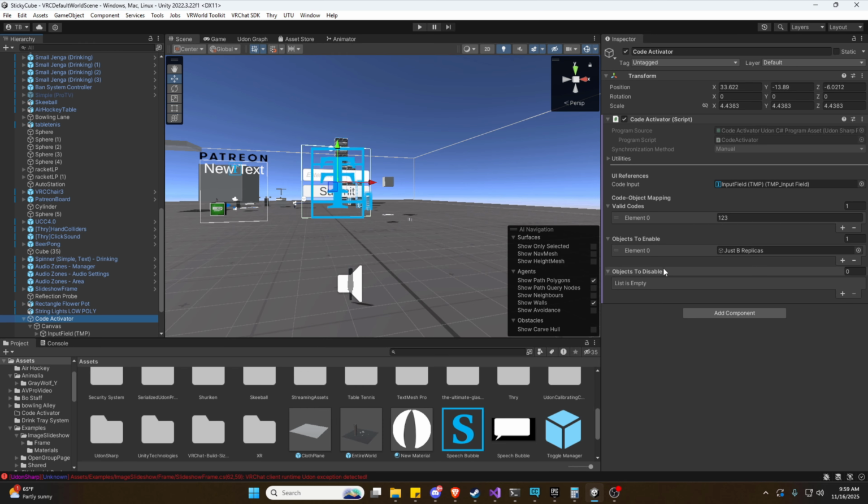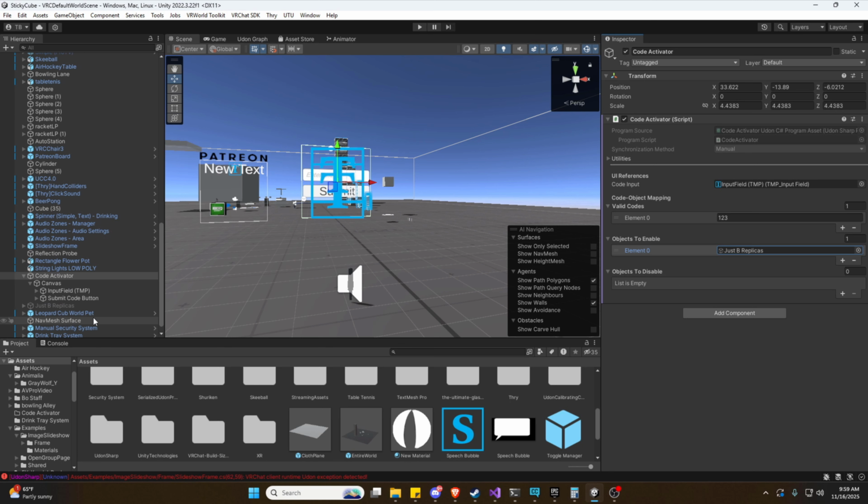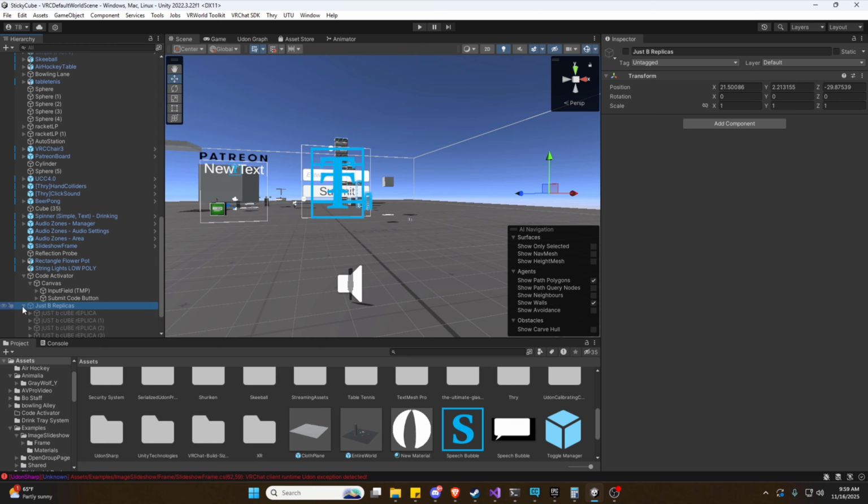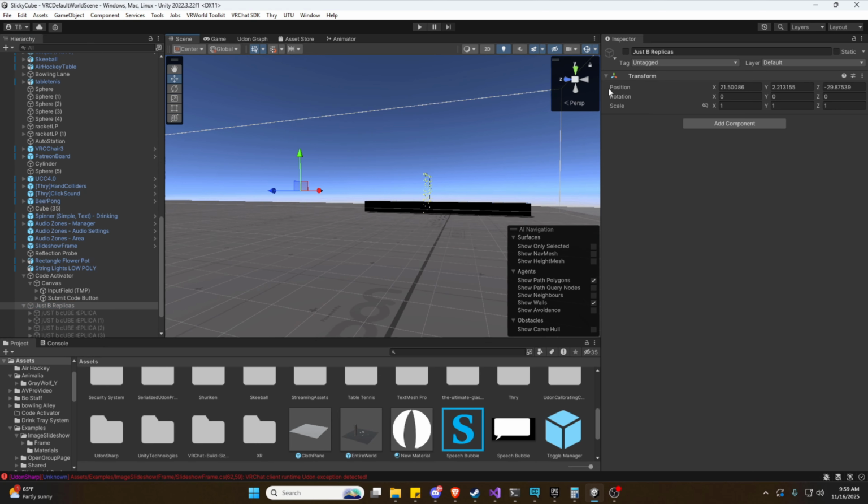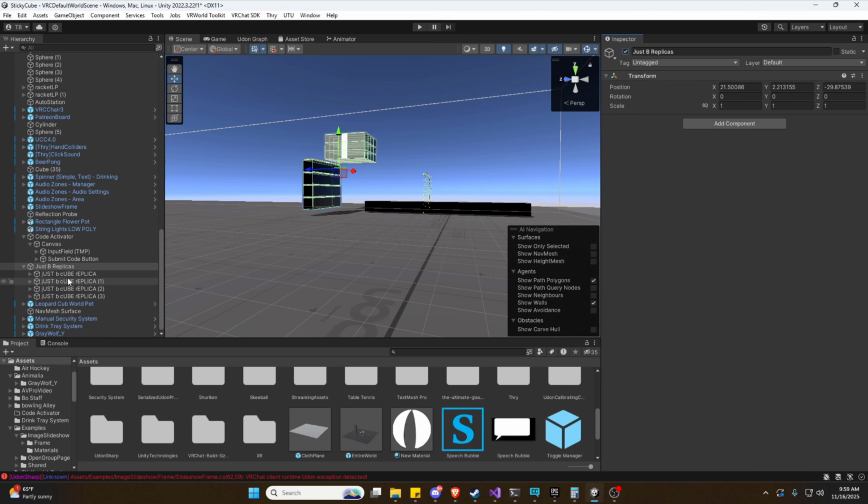So here it is right here, and this would be our code, and this would be what we're enabling. So you have to have everything you're enabling or disabling. As you can see, we could easily put it right here as well. You need to have it all parented to one object. So like, even though we have multiple objects over here, as you can see, they are all parented under one